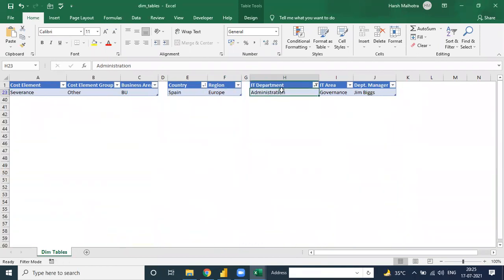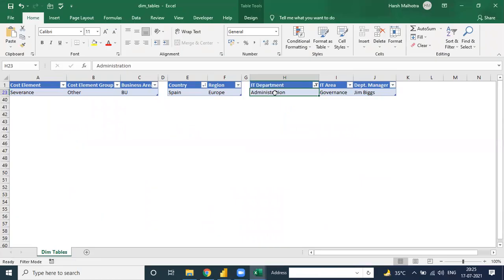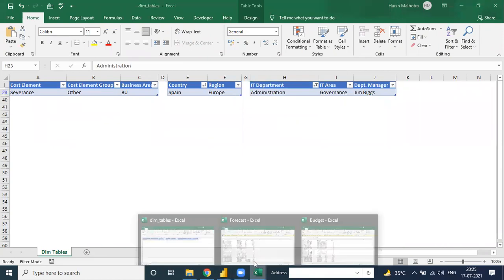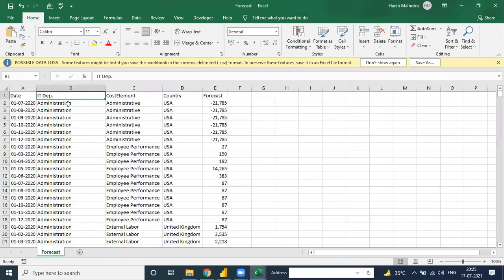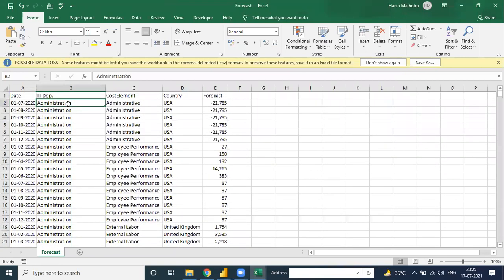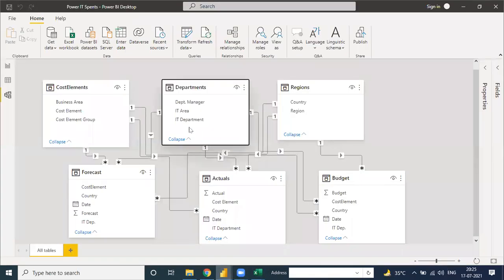Means in the department there is only one administration. But in the forecast table, administration is many. It means it is a relationship of one to many. Clear?